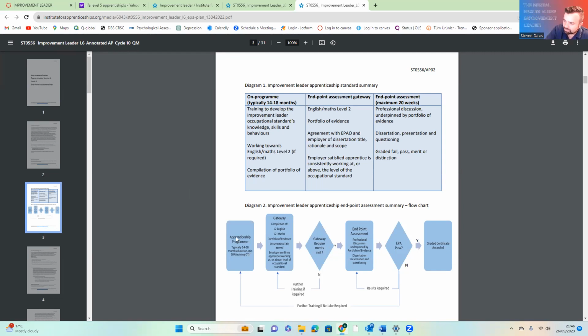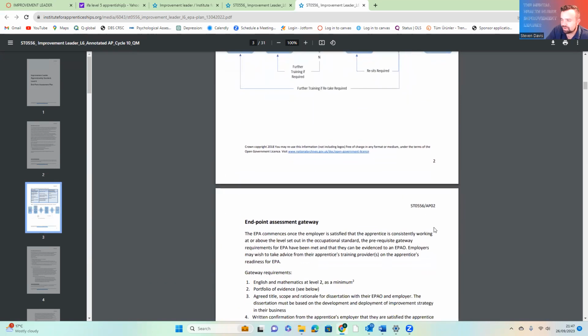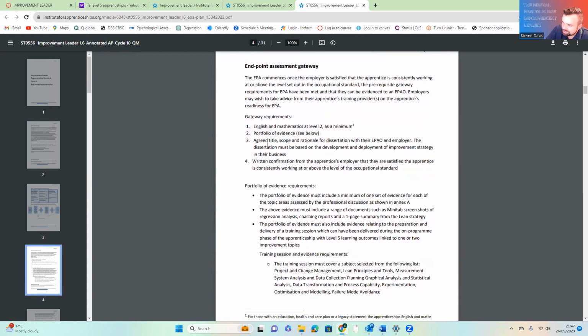So here is a typical flow chart. You've been on programme. Here it says 14 to 18 months, but in the other one it said 18 months to 24. You've got your English and maths, that's fine. Portfolio of evidence. And then you'll obviously go through Gateway, you'll do the professional discussion, you pass or fail, and you get awarded your grade. So let's just have a look at what the portfolio of evidence is